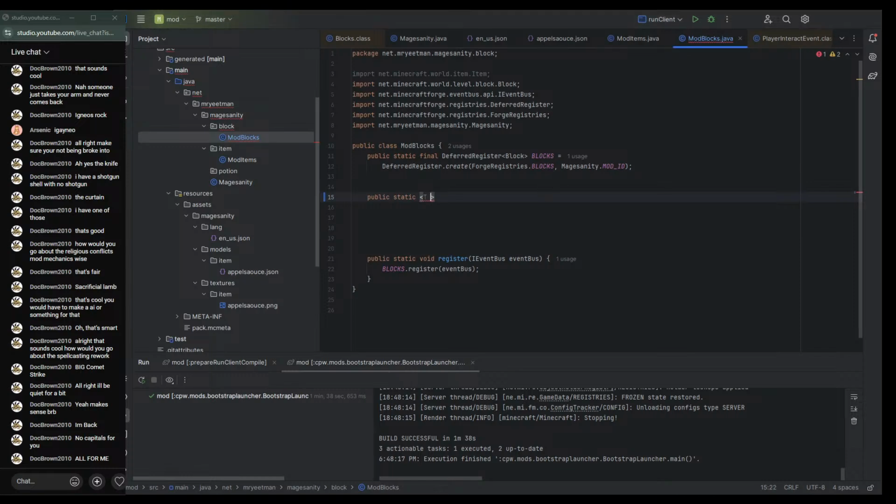T extends block, registry object item, and then